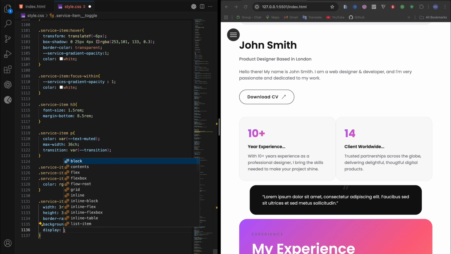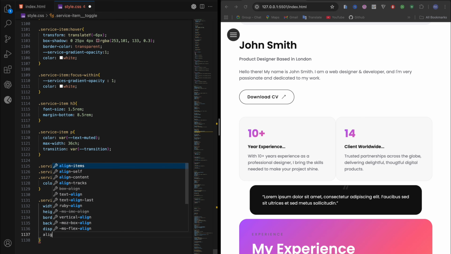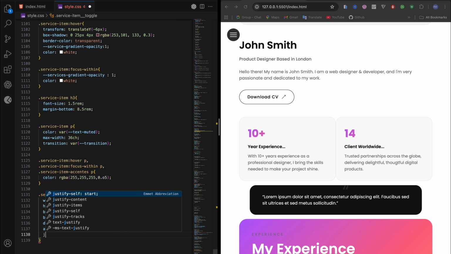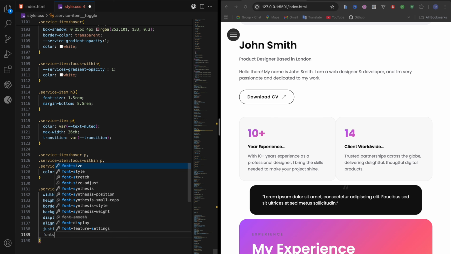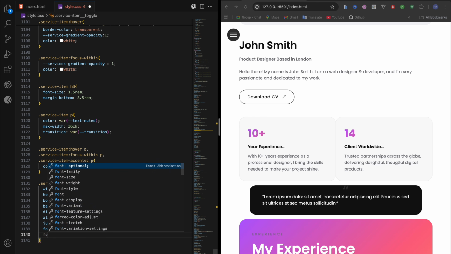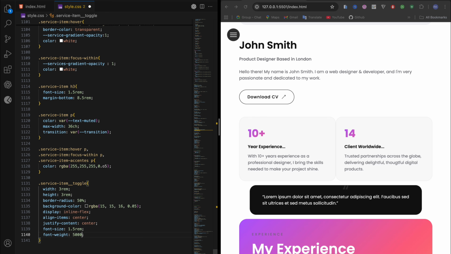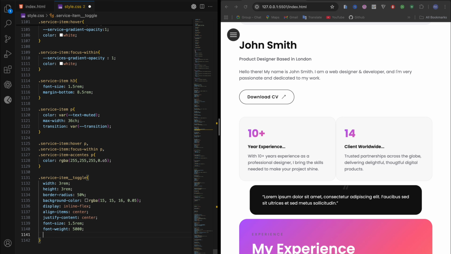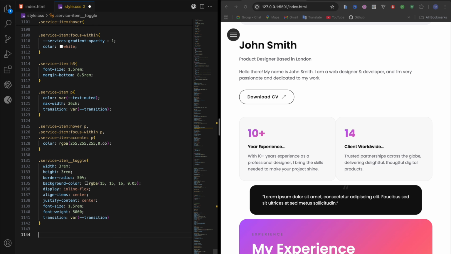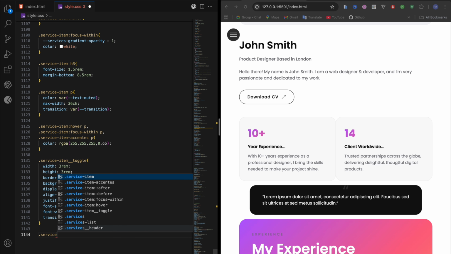Display will be inline flex. Align items will be center. Justify content will be center. Font size 1.5 rem. Font weight also. And then transition will be var transition. So here almost everything is done,